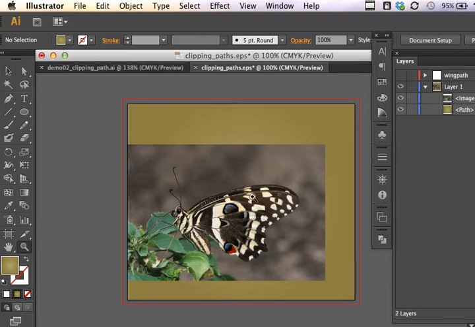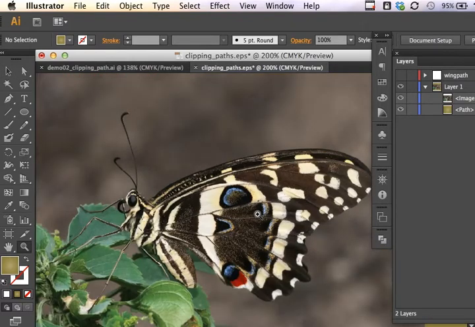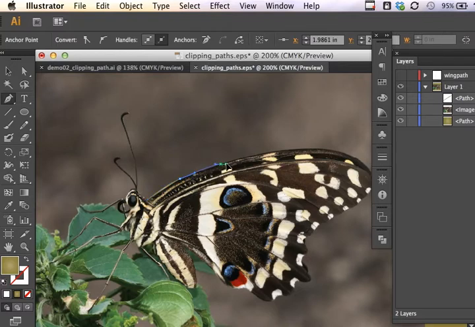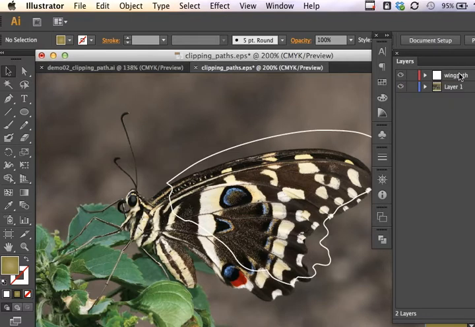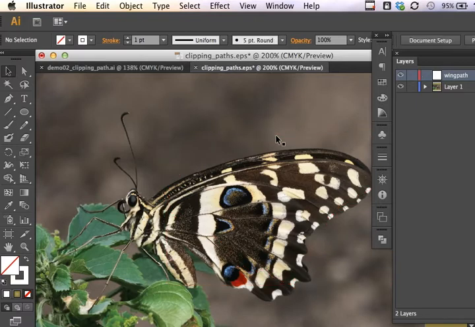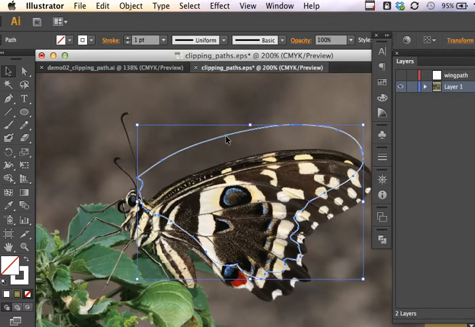So I can isolate maybe just the wings, for example. I can use the pen tool, and I can begin by clicking and dragging and going around the wing to select it. But I've actually already created a path in the interest of time in this demonstration. So if I show this wing path here on this particular layer, I'm going to copy and cut. I'm going to hide that layer. I'm going to move back to the layer in which I'm working with the butterfly, which is just layer 1 for now. And I'm going to Command V, or paste,